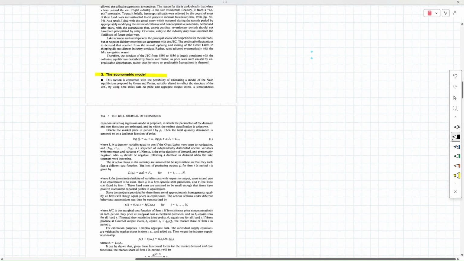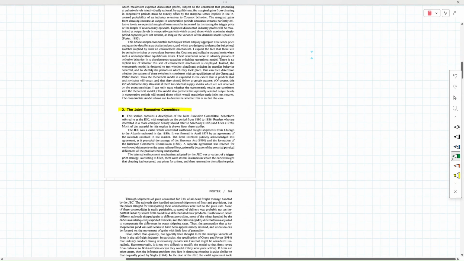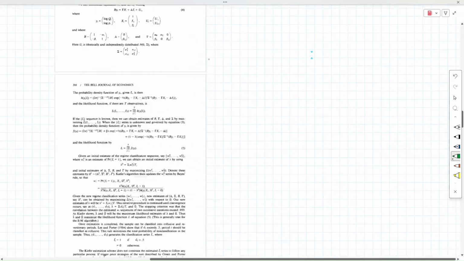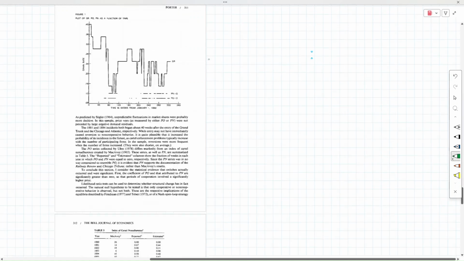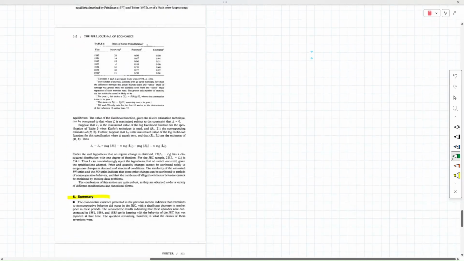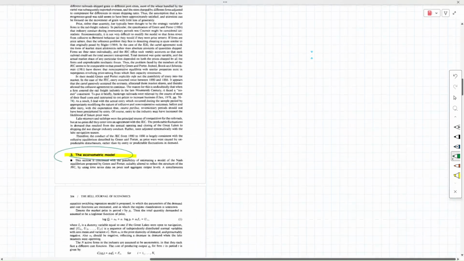See, when I see the econometric model, it means this paper has an empirical side to it. Not all papers have an econometric model. Some papers may have a literature review, in which case I would know that there are a lot of papers mentioned. Then I would go over to the reference section and check whether there are a lot of papers. See, there are not many papers, which means this is a highly empirical paper.